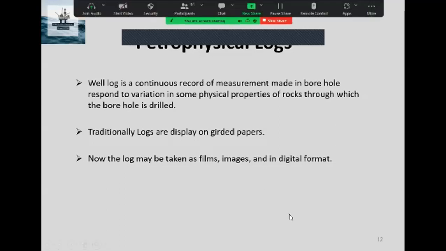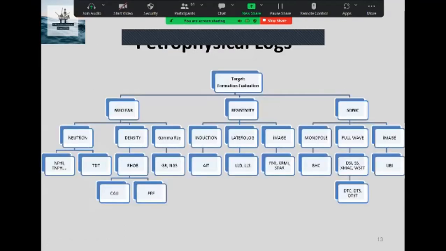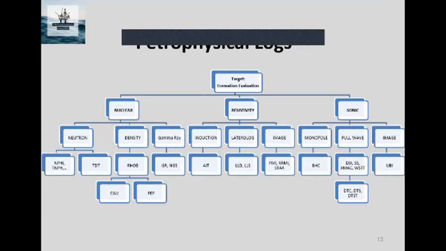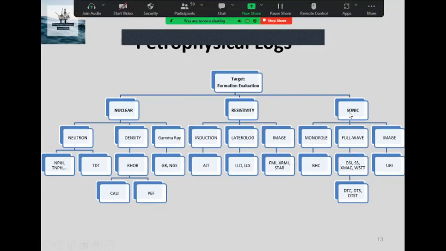In this slide, you see my focus on petrophysical logs. In this chart, you can see a division of petrophysical logs according to formation evaluation. There are three main categories of logging tools, including nuclear, resistivity and sonic tools.